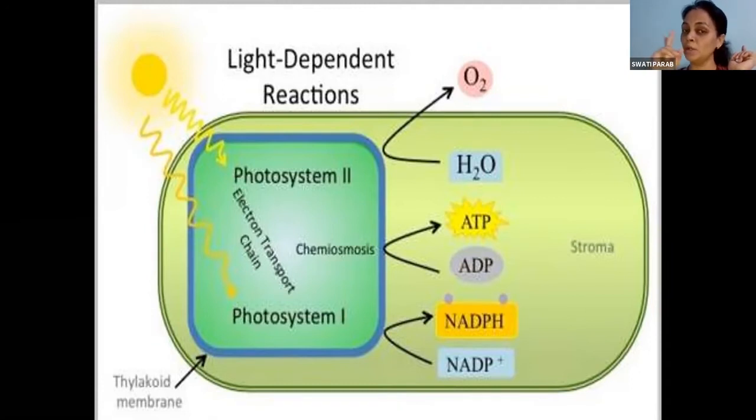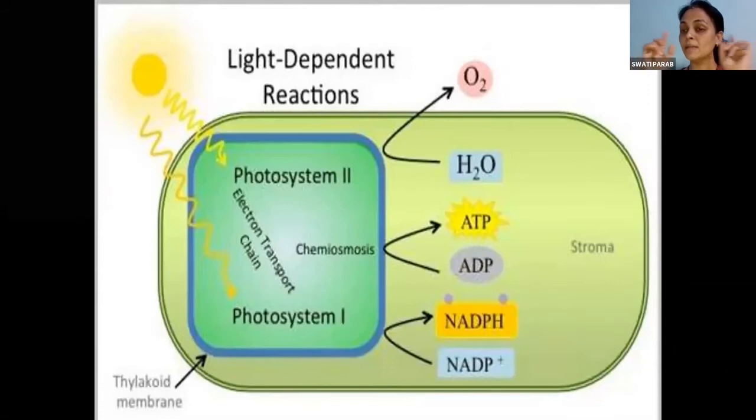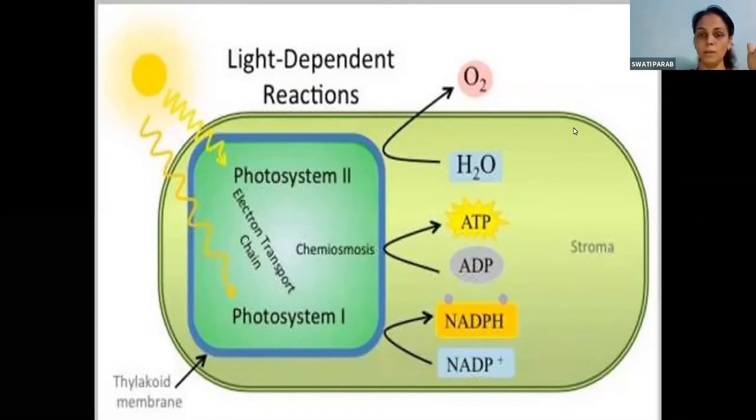How many wavelengths are involved? Two wavelengths, where the first wavelength will be P, P refers to photosystem, is P680, and the maximum will be P700. So two photosystems we are going to use here in the light dependent reaction. One is minimum, that is 680, and the other is maximum, that is 700. So we are going to spell this as photosystem 1 or photosystem 2, that is P680 and P700. This way we are going to go on with the process.